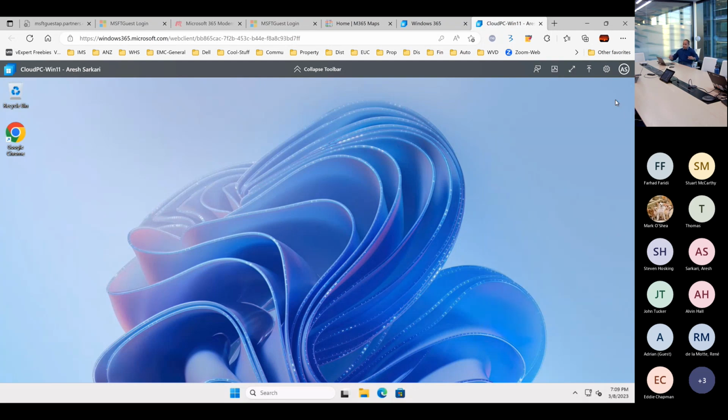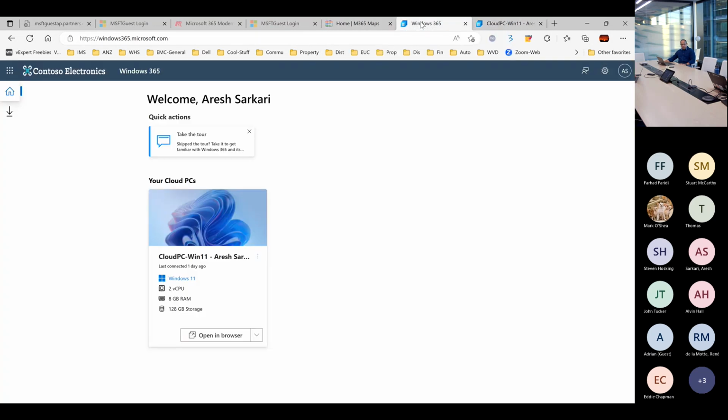That sums it up from an end user experience, and the similar experience is on the client. Just install the client on the endpoint of your choice, launch it, log in, and you'll have the exact same experience as in the browser here. The same window, the way it's showing up here, is going to show up in the client. So that's about it from the presentation standpoint. Now we are open for questions.